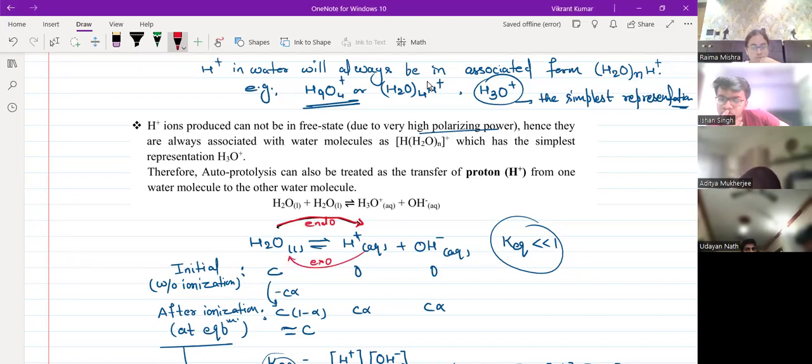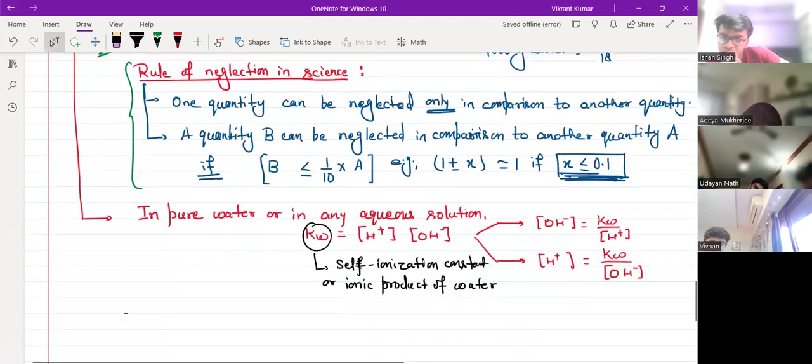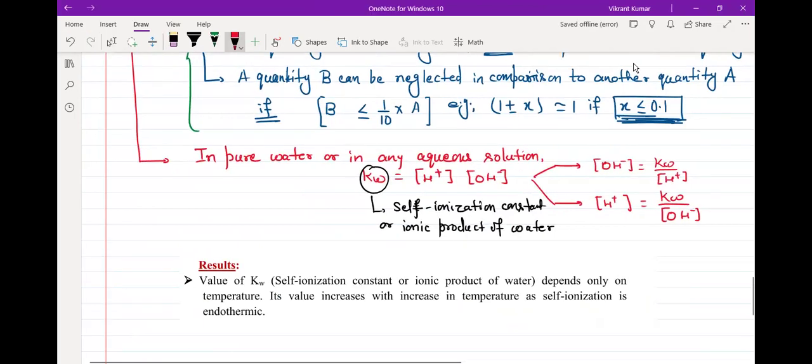अगर फॉरवर्ड एंडो है तो मैंने अभी जस्ट केमिकल इक्विलिब्रियम में फिनिश करते के टाइम पे बोला था कि अगर फॉरवर्ड एंडो है ना तो टेम्परेचर बढ़ाने से K बढ़ता है ना, तो अगर K इक्विलिब्रियम बढ़ जाए तो KW भी बढ़ेगा, एंड दैट्स व्हाई वी हैव गॉट अ वेरी इंपॉर्टेंट रिजल्ट दैट KW इज नथिंग बट इट इज रिलेटेड टू इक्विलिब्रियम कांस्टेंट. So that's why if I am having Kw का वैल्यू, इट इज गोइंग टू डिपेंडिंग, इक्विलिब्रियम कांस्टेंट है तो वो सिर्फ टेम्परेचर पे डिपेंड करेगा, फर्स्ट थिंग.